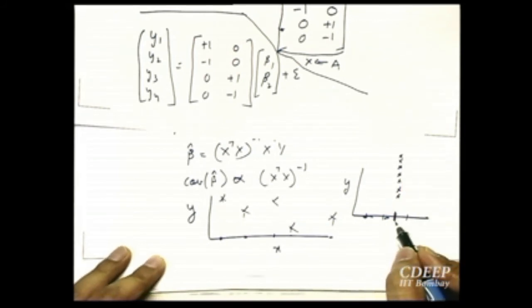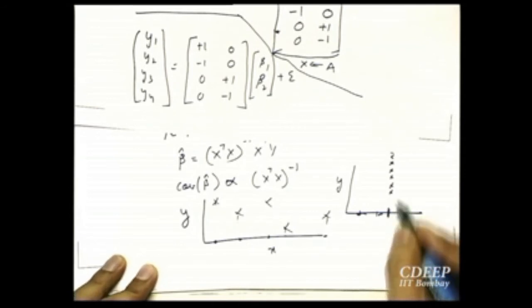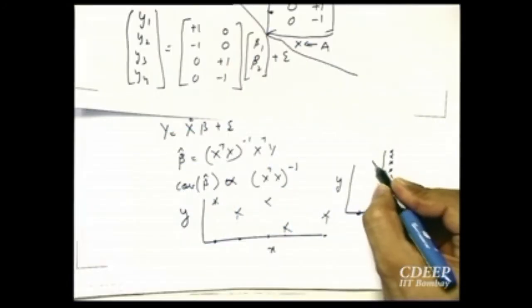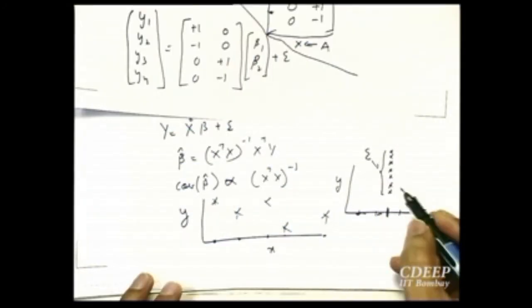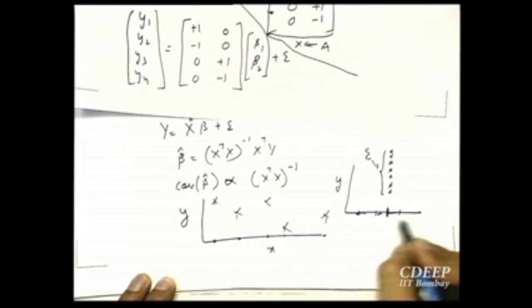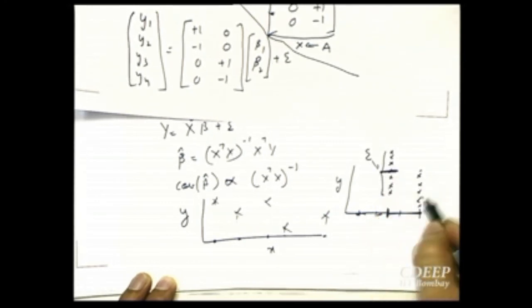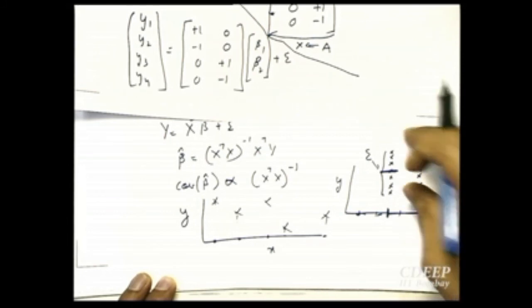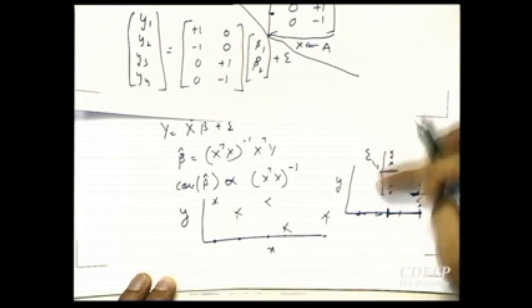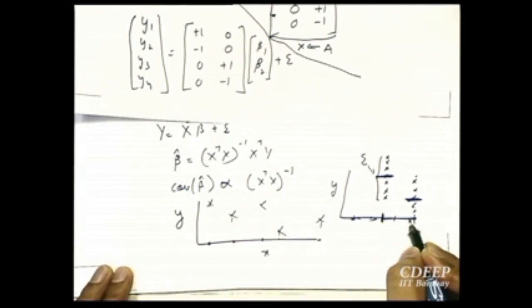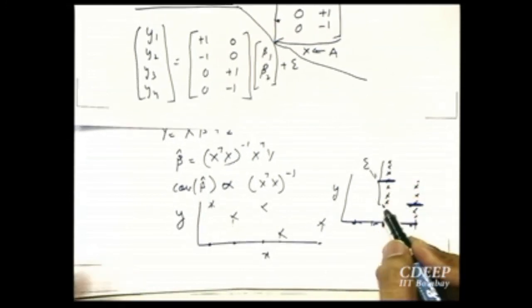In all the experiments, my x is always fixed over here, my y goes up and down, yes, but why does it go up and down? Is it because of x or is it because of that epsilon alone? There is no way I can differentiate between the two. x is of course not changing, right now it is just epsilon. It has an effect, in the sense that if I had held x constant at some other level, maybe the mean of y would have come down. Here the mean is over here, here the mean is over here, right? The spread you are seeing is because of epsilon, that error. But unless I use multiple values of x, just by doing experiments at the same x, I will not be able to say anything.